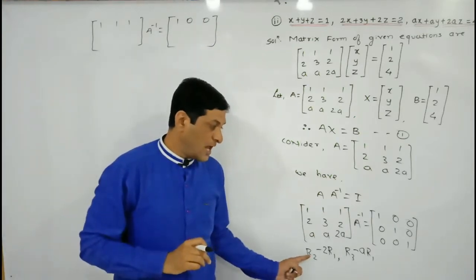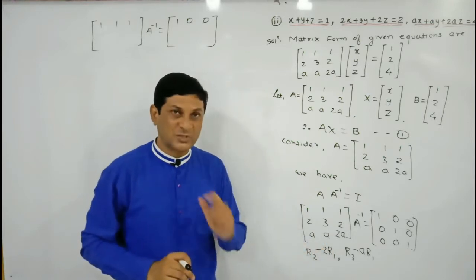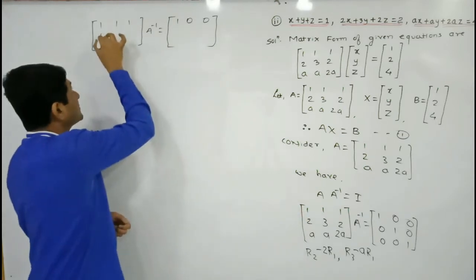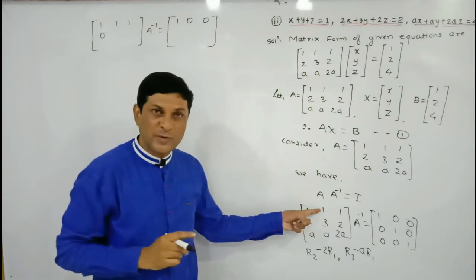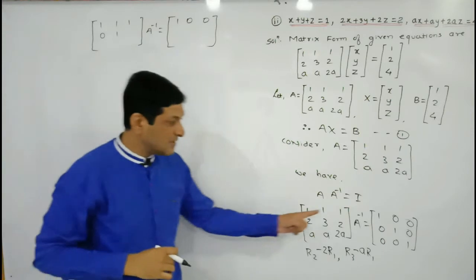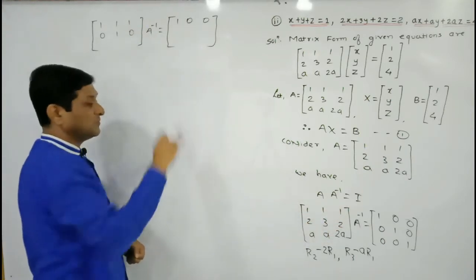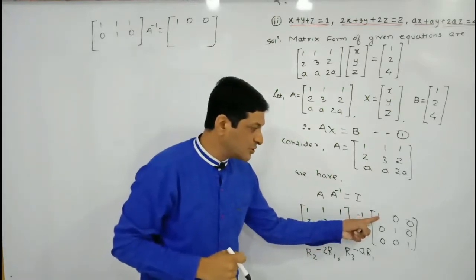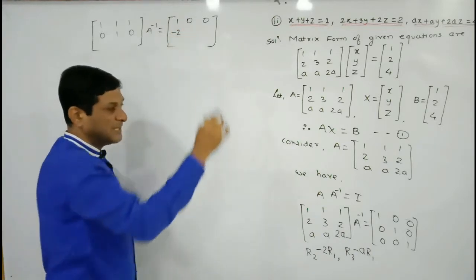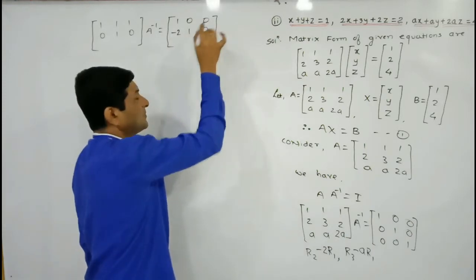Our operation is on R2, but we are using the corresponding element of R1 and we are multiplying R1 by what? Minus 2. So multiply by minus 2, plus 2 will become 0. Again, multiply by minus 2: 1 into minus 2 is minus 2, plus 3 will be equal to 1. Multiply here by minus 2: minus 2 plus 2 will become 0. Perform the same operation on this side: multiply by minus 2, 1 into minus 2 is minus 2, plus 0 will be equal to minus 2. Since zeros are there in R1, these two elements do not change, 1, 0, keep it as it is.